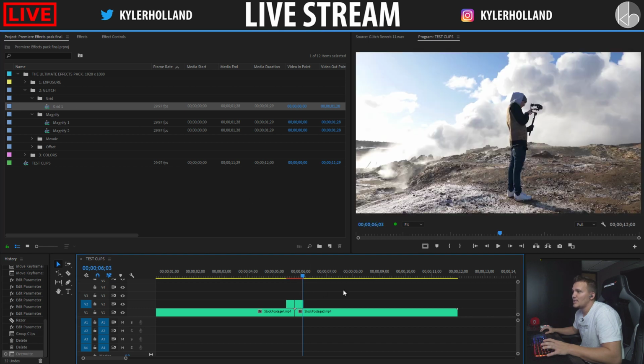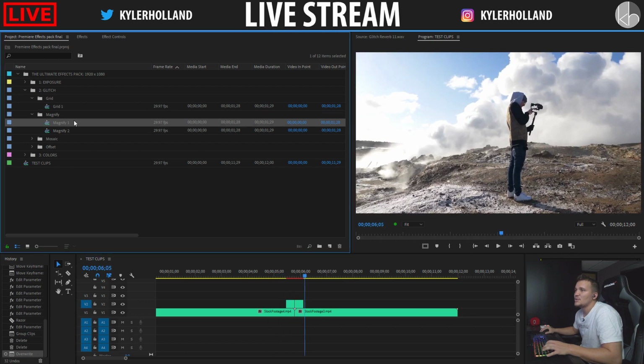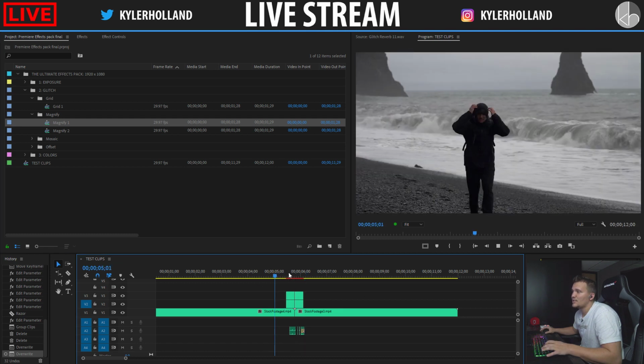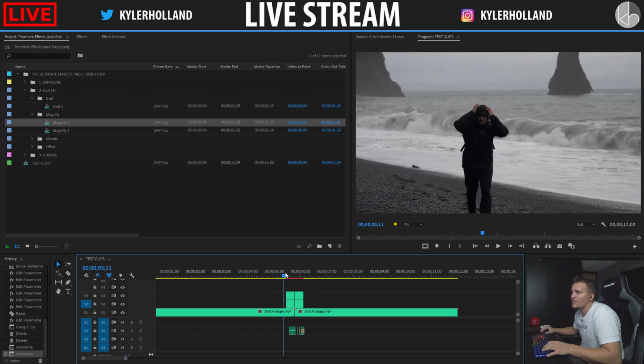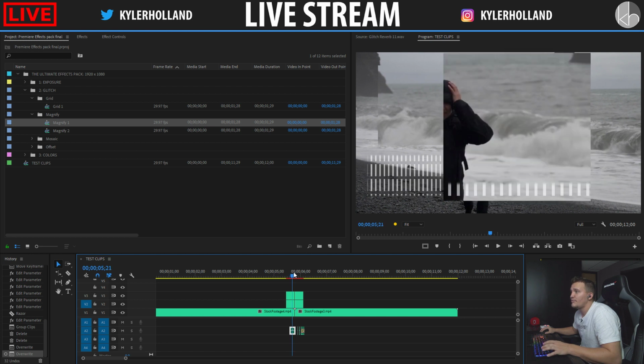And as you can see, just with the click of a switch, I have a grid effect going on. And the reason why this is awesome is because I can overlay these effects. So now I can have the magnify effect as well as the grid effect. And just like that, we have created two little things. And the fun thing is the magnify effect will actually manipulate the grid effect as well, as you